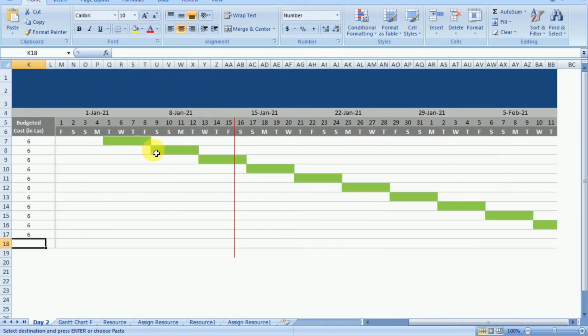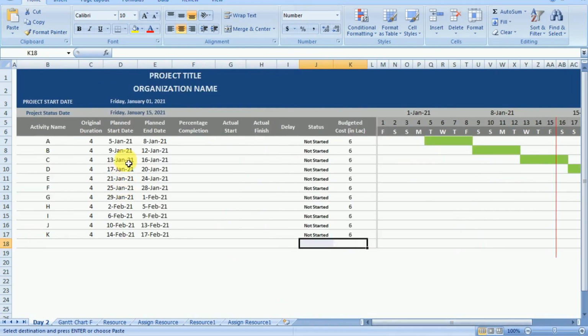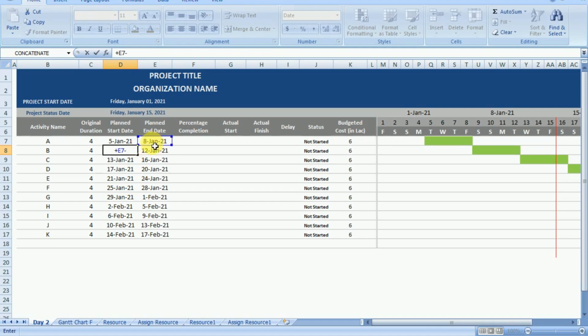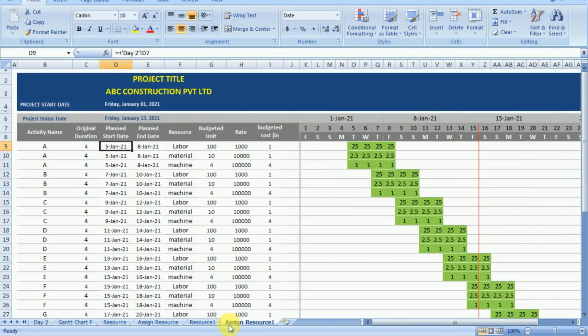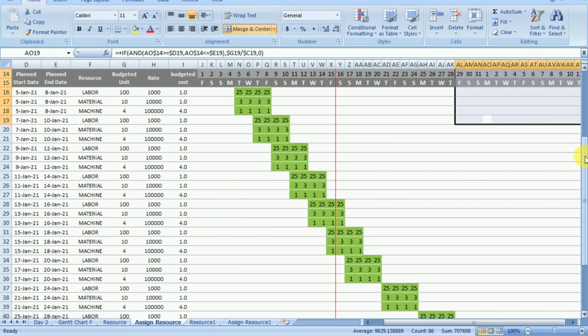Now since we have all the activities sequenced from finish to start, we will change the sequence a little. So what I'll do is start the activity one day before the end of the previous activity. So we will put a simple formula that the start of any activity is equal to the end of the previous activity minus 1. So now you see, the sequence has changed. This we have done just to depict how the resources are assigned now. So the resources also changed as we change the schedule.